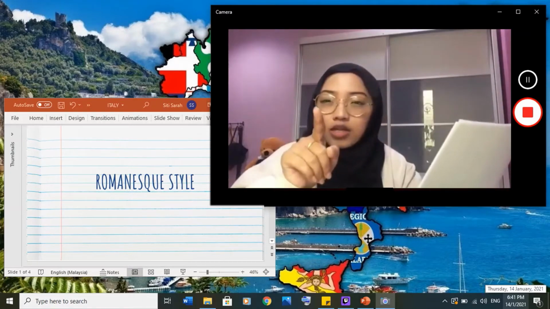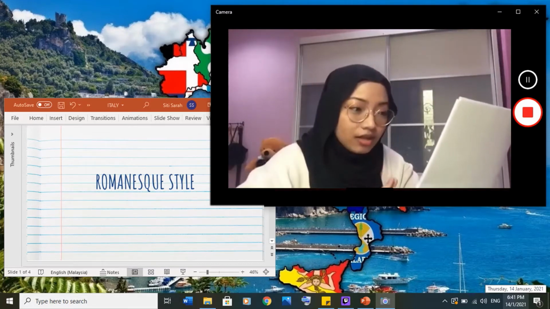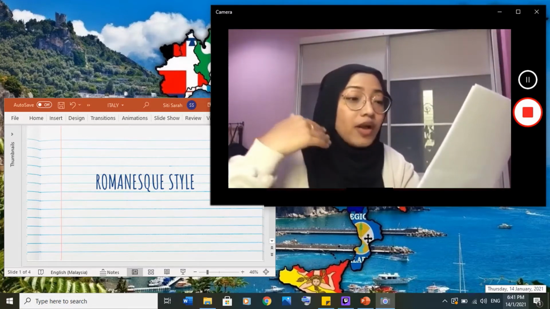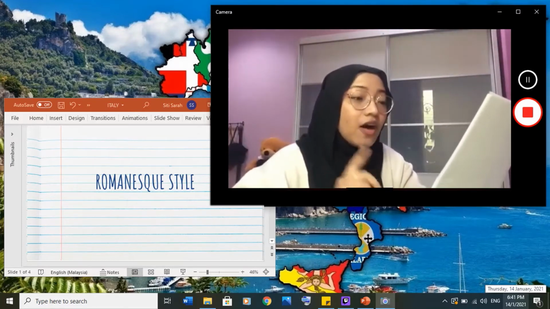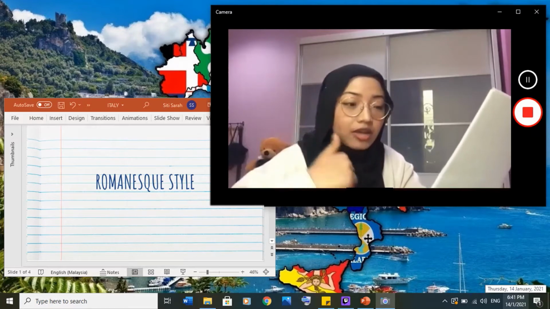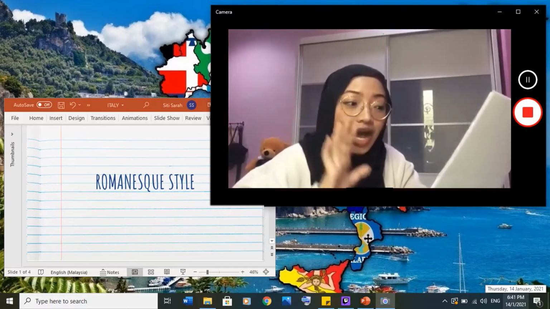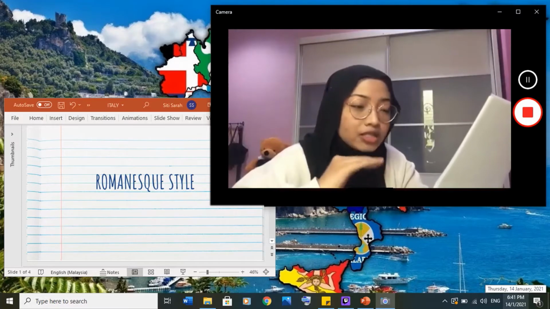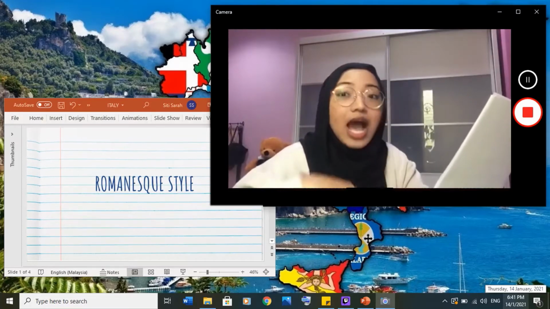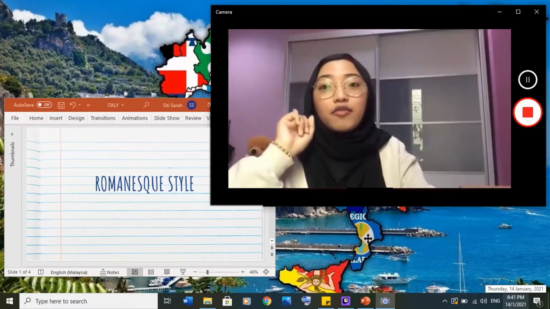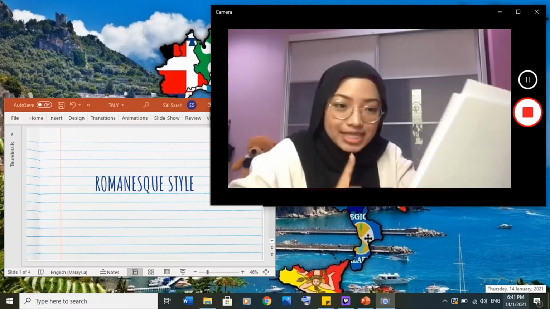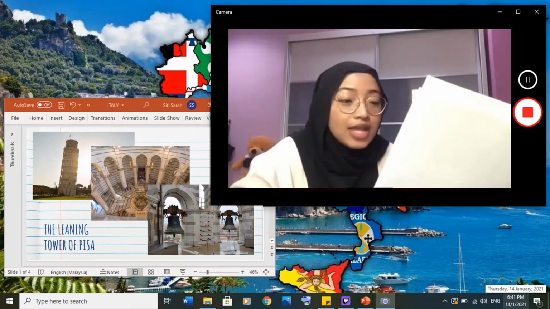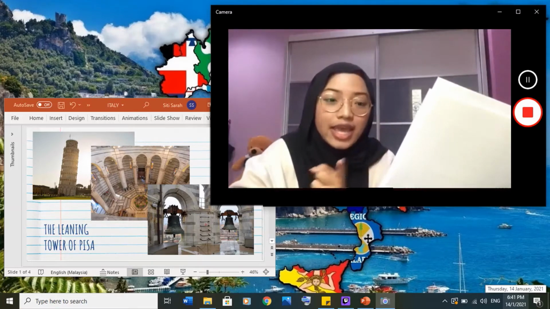Okay, so for Romanesque architecture style, it was actually influenced by the European architecture. This style of architecture focuses on the monument's width and horizontal lines instead of its height. And for church, the bell tower and the baptistry were built outside of the church. The first example of Romanesque architecture style is Pisa. The Italians call it Torre Pendente di Pisa, which means Leaning Tower of Pisa, and it acted as a bell